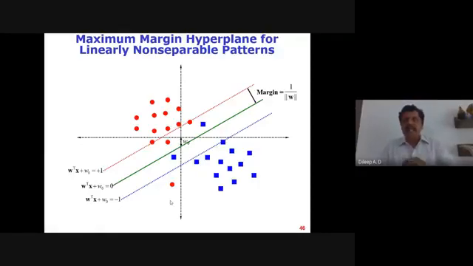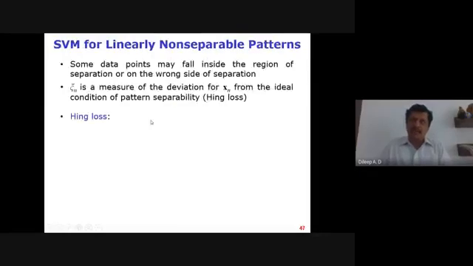Then I'm giving a relaxation to the condition: instead of going for the hard margin case, let me allow some errors to happen so that I can handle these overlapping cases in a better way. That is the idea here. For those examples which are causing an error, I define a quantity, this zeta, which indicates the deviation of these data points from their respective margin. This is what is called the error, and this error is given by the hinge loss.